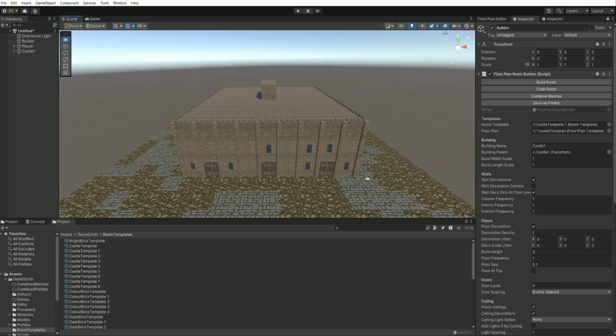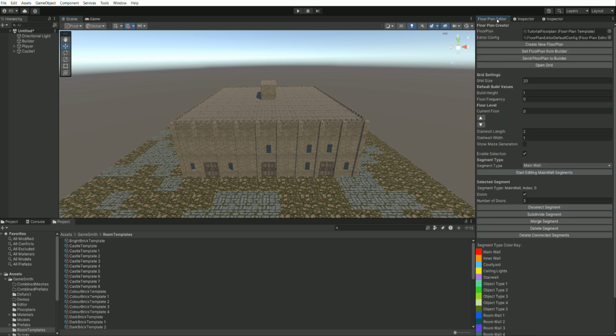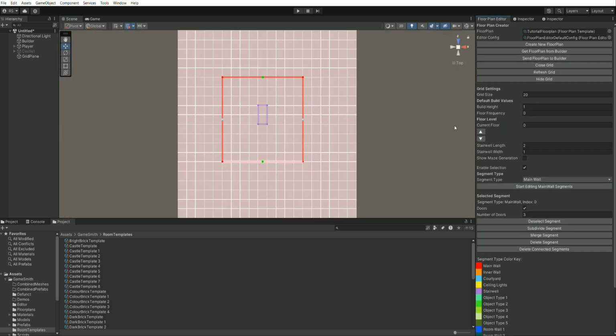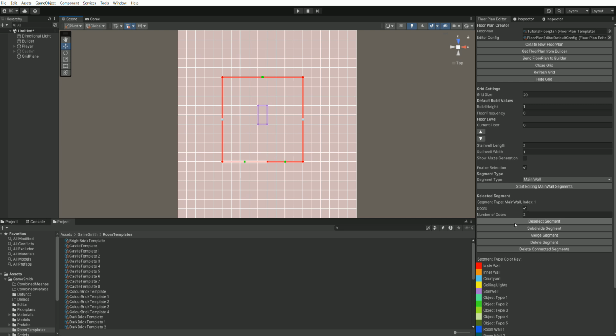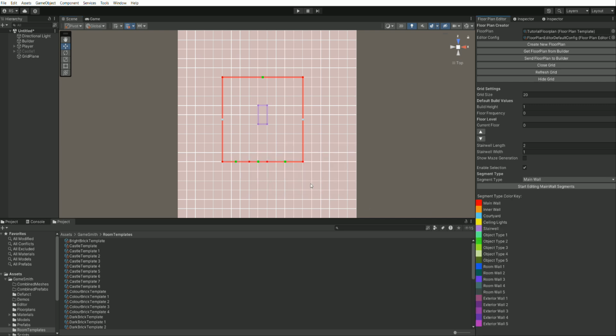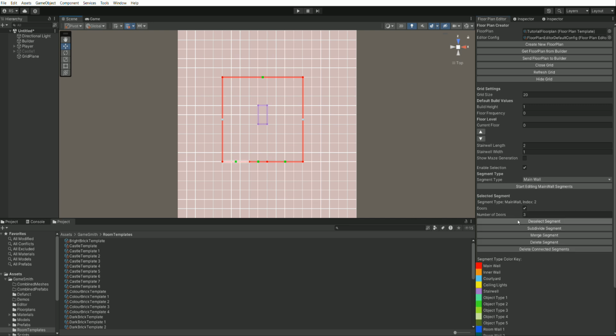If we wanted to have a door on a certain area, at the moment we only have 4 segments, so our door choice will be spread across the whole segment, but we can subdivide segments, so we can choose to split those into 2 and split those further. Subdivide. So now we've got 2 over here, 1 over there. We could continue splitting those down, obviously a minimum of 1, but if we wanted to have 1 right in the corner here, we could subdivide that,